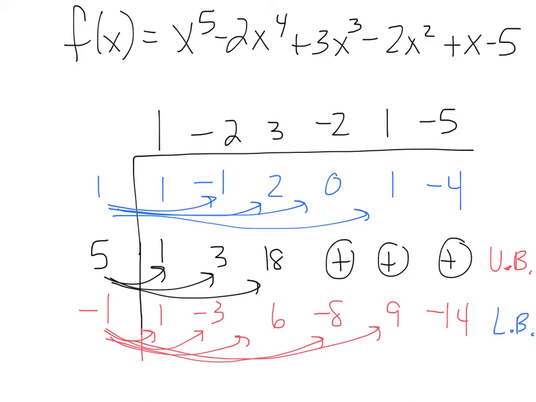Why would we not even try -5? Because this is a lower bound. You can't go below a lower bound. That's what a lower bound is. So it's got to be between -1 and 5. We've tried all the possible rational roots between -1 and 5. So the roots must be